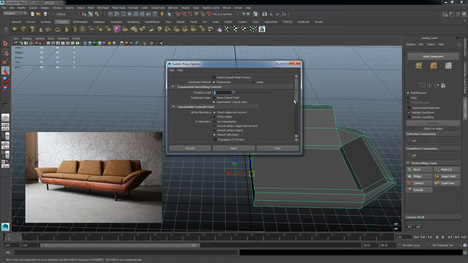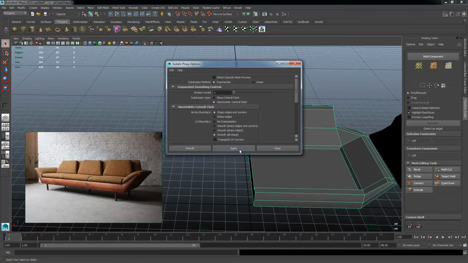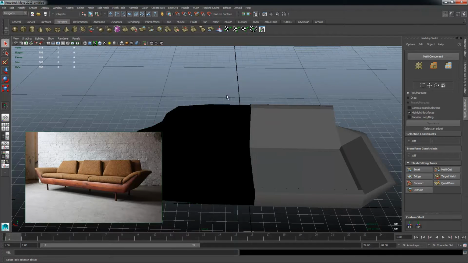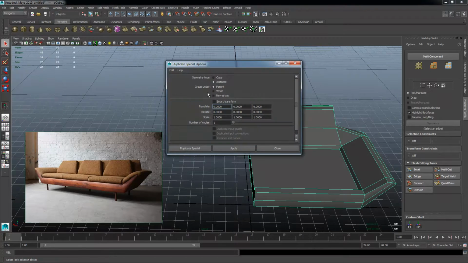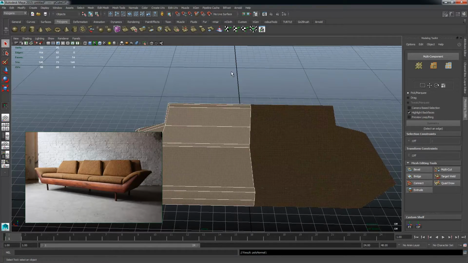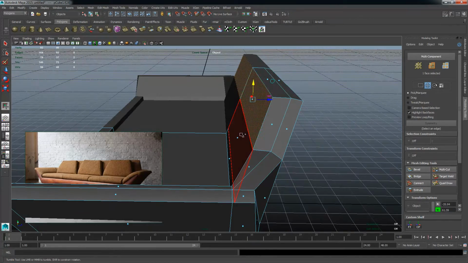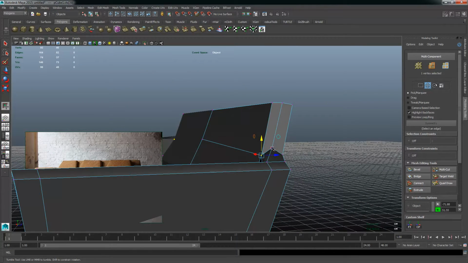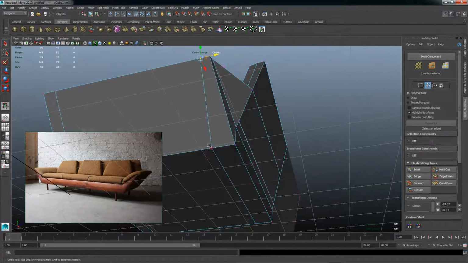And here next I'm actually using some sort of a mirroring tool. It's called the Proxy tool, and I'm changing some settings to create a mirror copy, and I ended up saying, no, I don't like that. I'd rather use something like the instance geometry, and I'm putting the scale to -1 on the X so that it mirrors across to the other side. So whatever I do to one side is then applied to both sides at the same time. That's very convenient, and allows you to easily model two things at the same time,